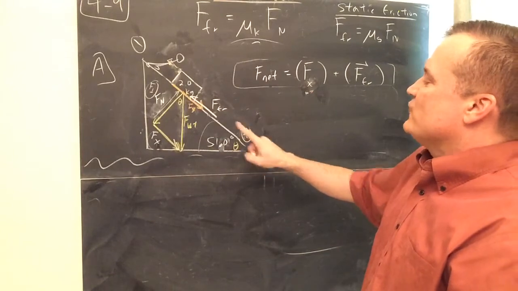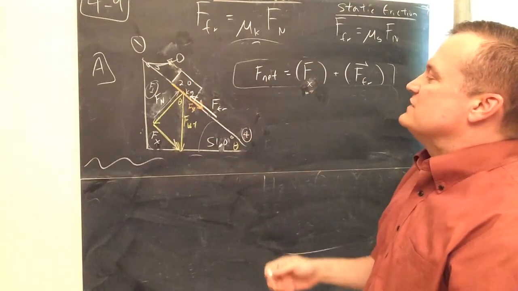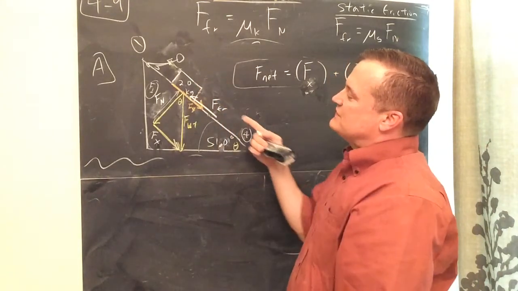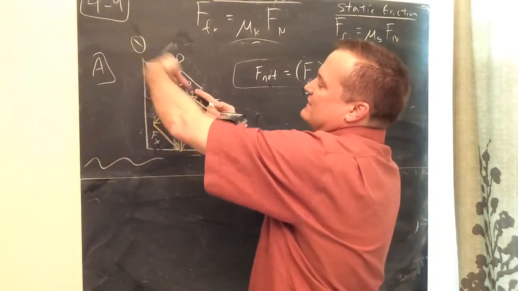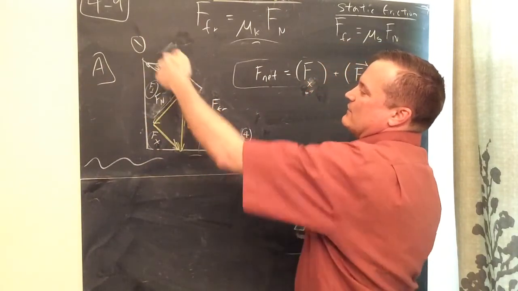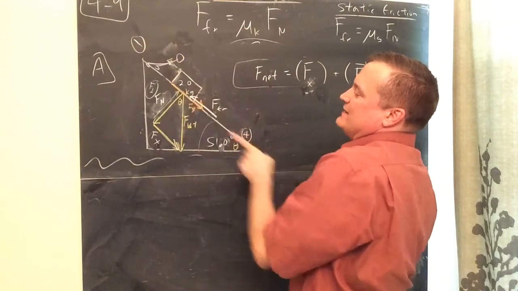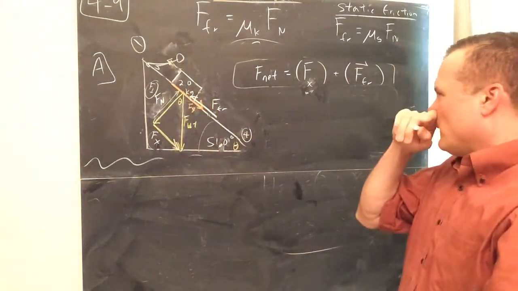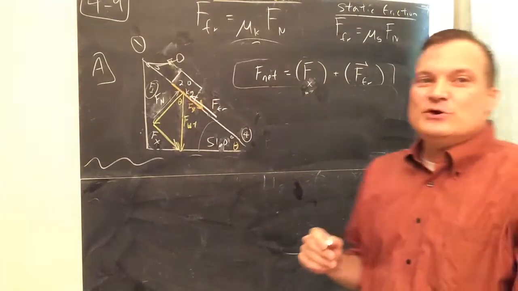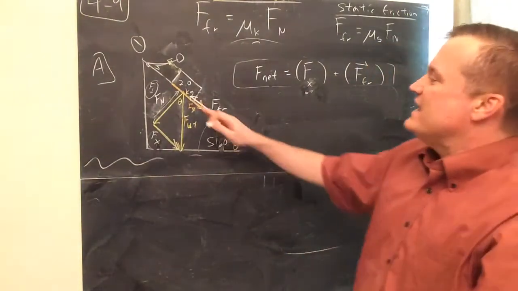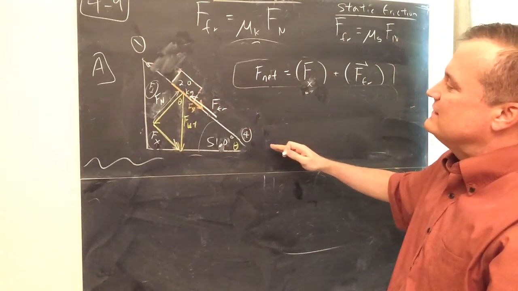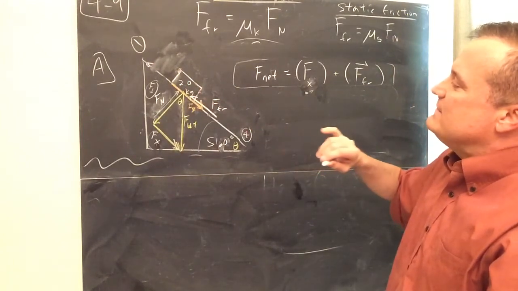Now, friction will always go opposite the direction of motion. So if somebody were pushing it up the ramp, they would be pushing it that way, but friction would actually be acting that way. If they were pushing it down, or if we're sliding down, it's going that way, and friction's going that way. One more thing I'll add is that if it says this box is sliding down at a constant speed, what that means is